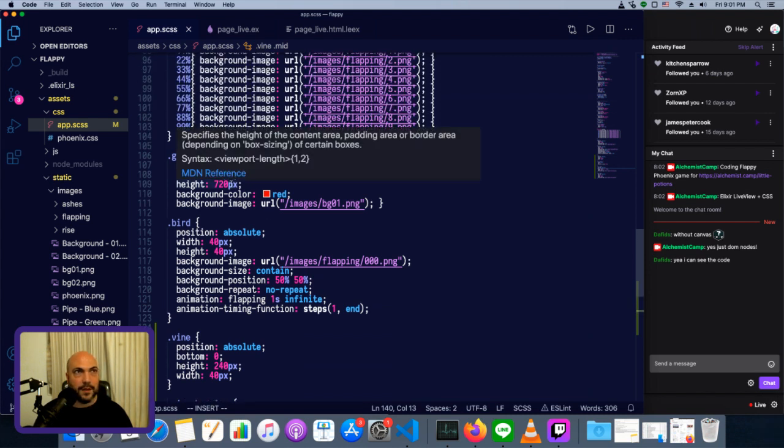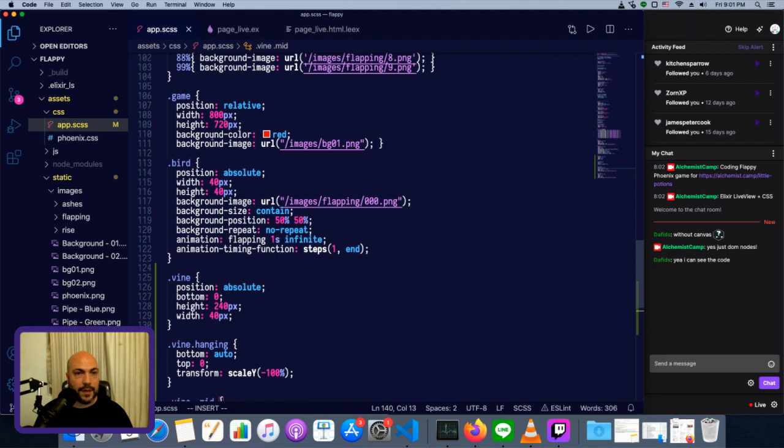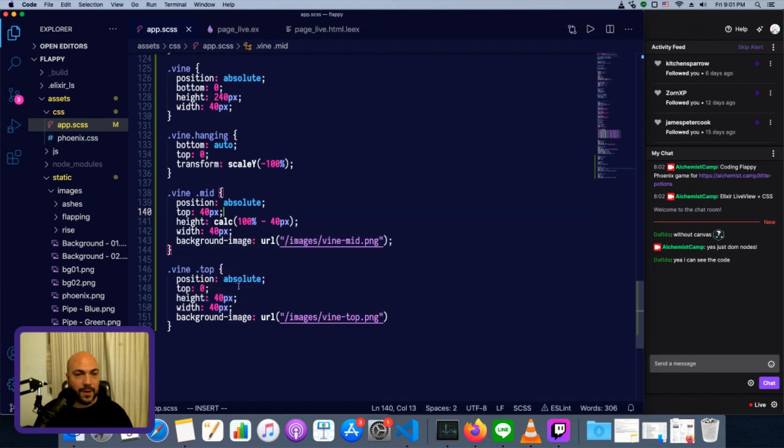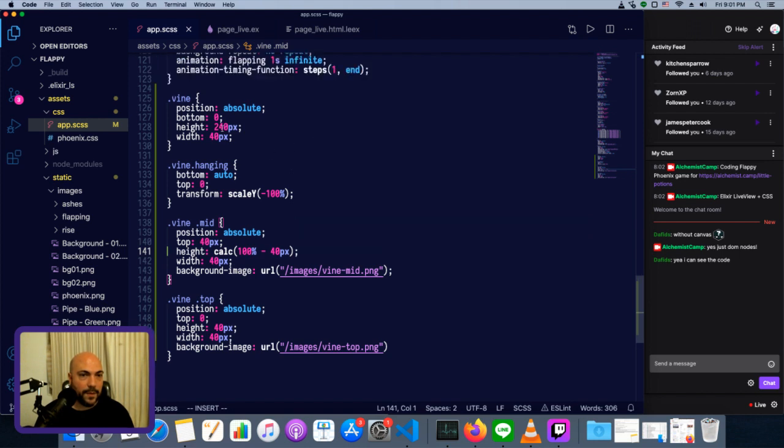720. So 600 would be 40 times 15. So this is 18. And we want 1 for a gap. So we can use up to 16 times 40 space. So let's do 13 times 40. So that'd be 400, 520. Is that right? Oh no, because we're doing a top and bottom. So it'd be 240 on one of them and